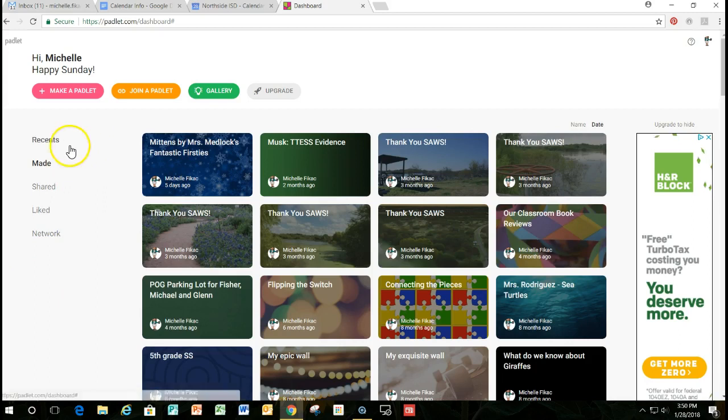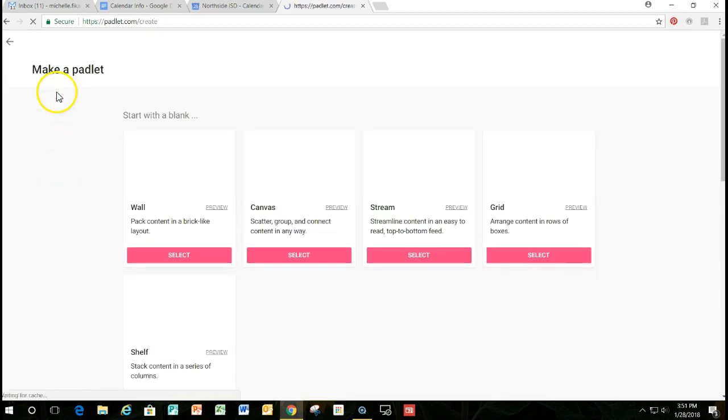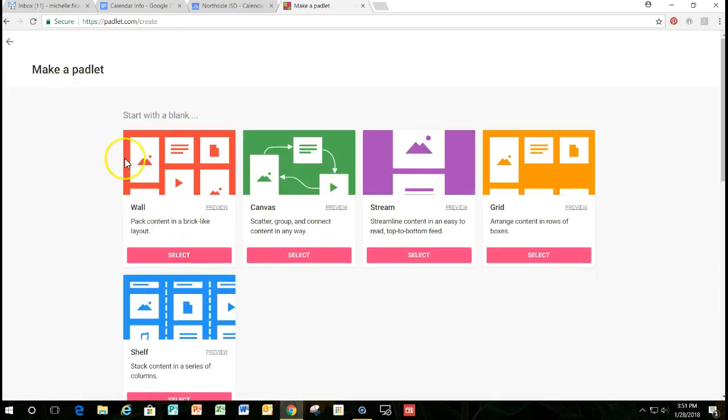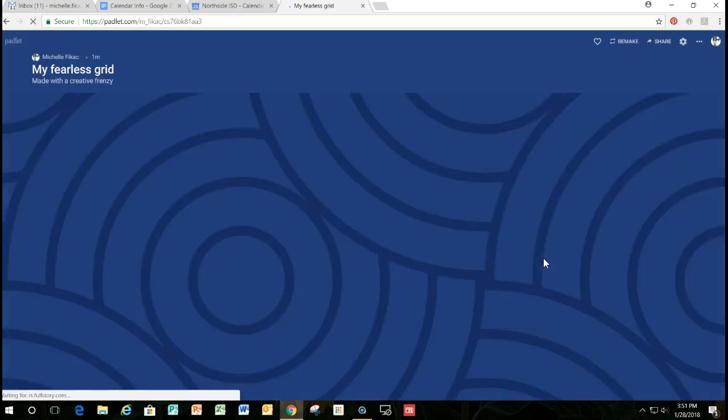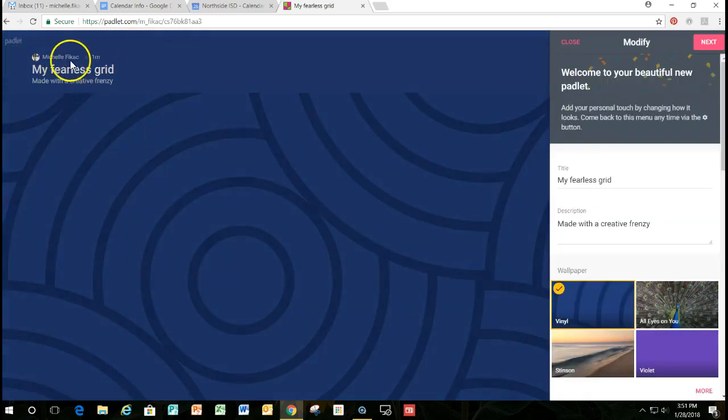To start with the Padlet, I'm going to go right here to make a Padlet. You have a lot of different choices: wall, canvas, stream, grid, shelf. For today's purpose, I'm going to do the grid because it arranges things nice and neat. And as I start the Padlet, notice it's already chosen a color and a title, but I can go in here and rename this. And so I'm getting ready to do a